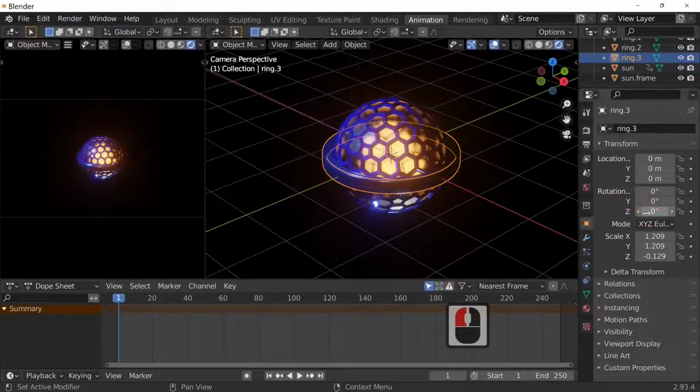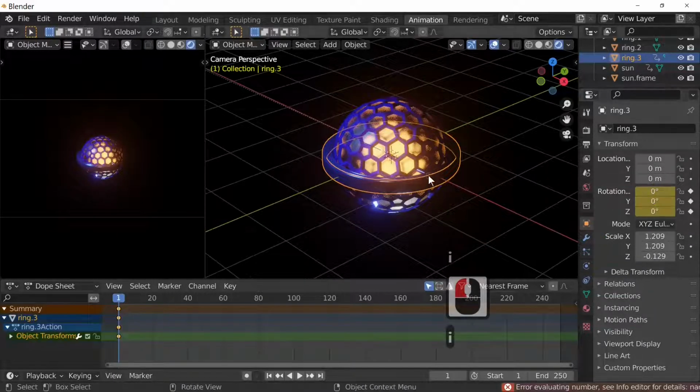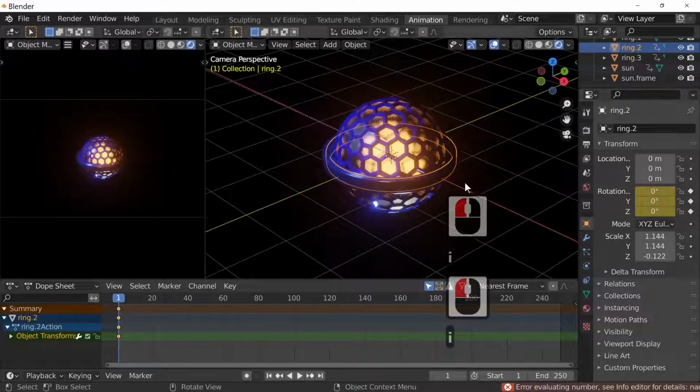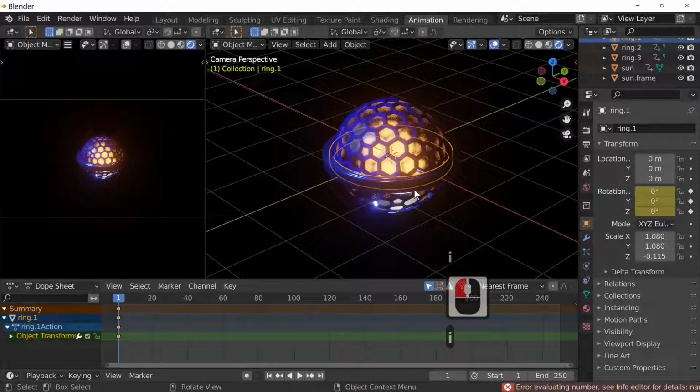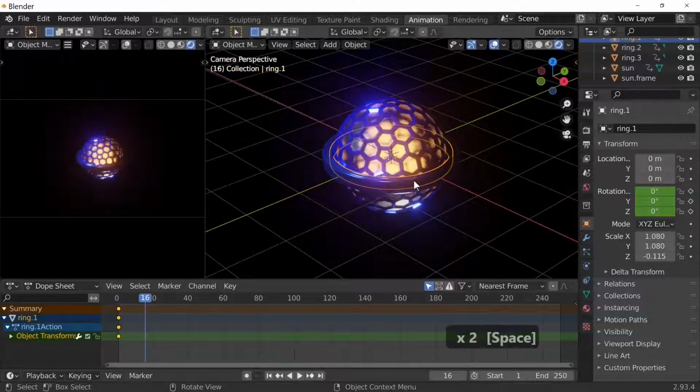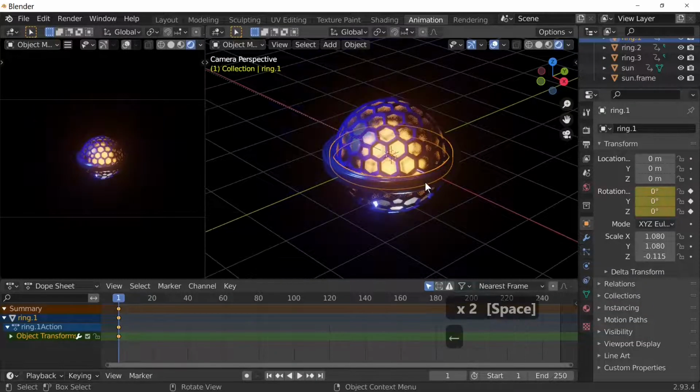So this one I'm going to set to 0. We're going to set all rings. I set a keyframe for all the rings at the beginning because they all start off more or less in the same place. You could set them off at different points, it's entirely up to you, but for this tutorial we're going to set it off at the same point.